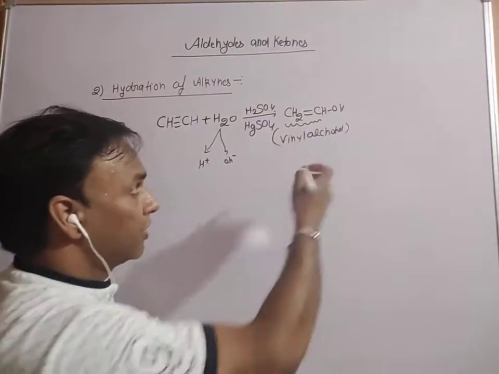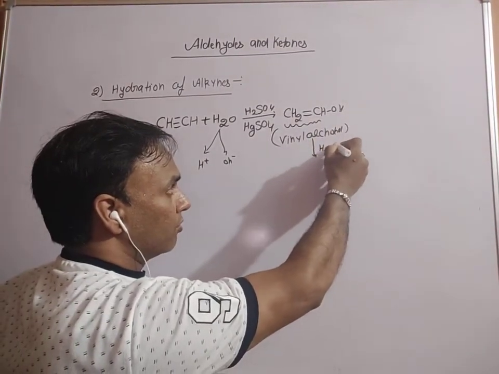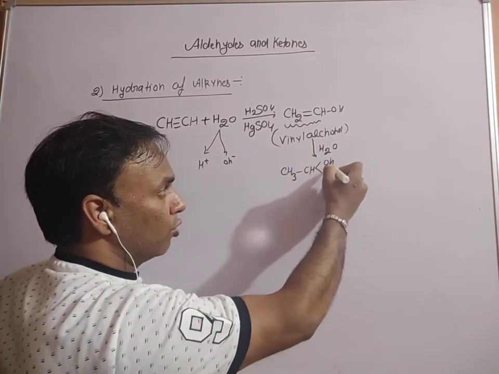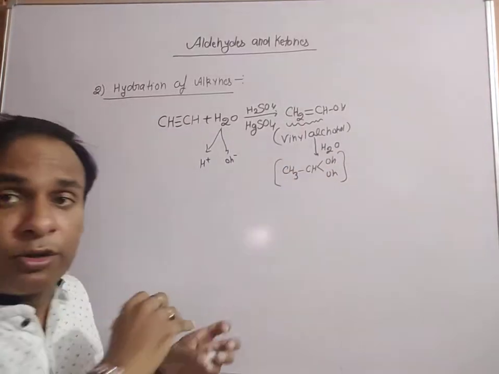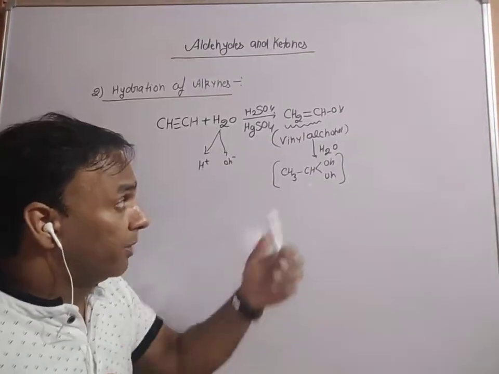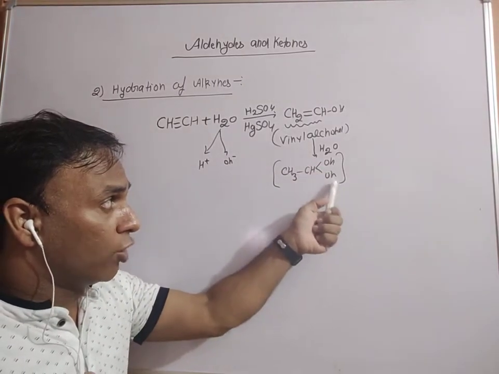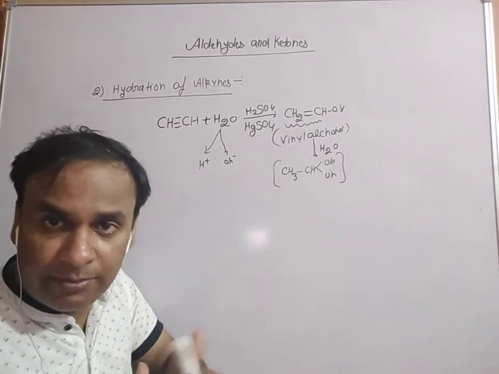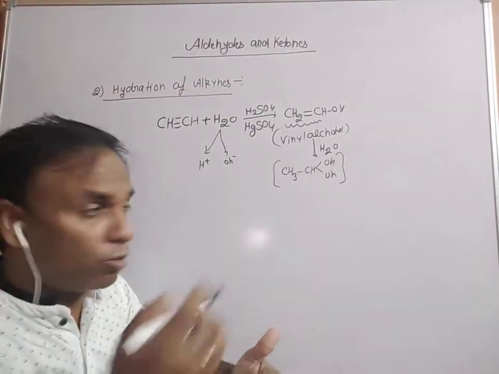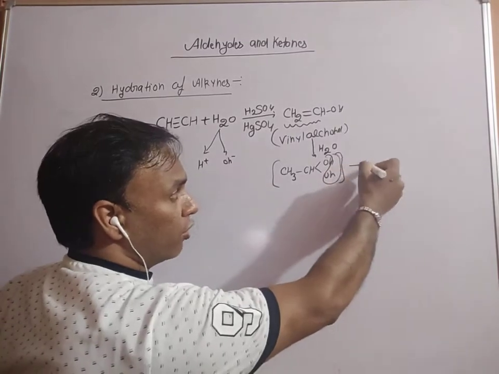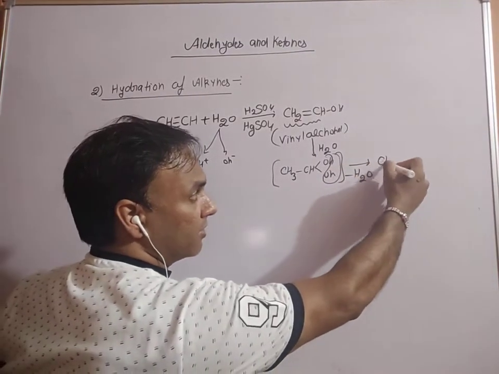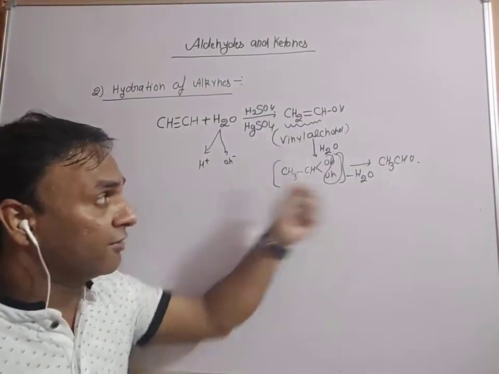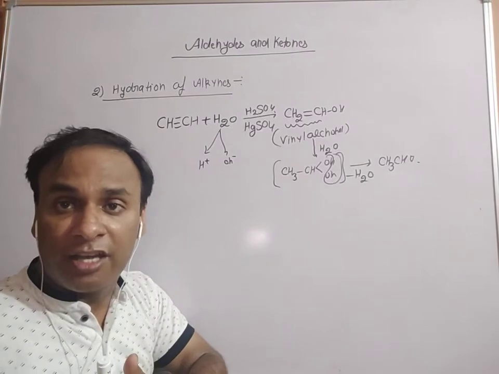Clear? Which further reacts with water, H2O, then it turns into CH3 CH(OH)2. I already told you people, two OH groups cannot exist on the same carbon atom. In such a condition, this compound is called an unstable molecule. In order to turn into the stable molecule, water is released automatically and it forms CH3CHO. Ethyne, only ethyne gives aldehyde, all the rest of the alkynes give ketone.